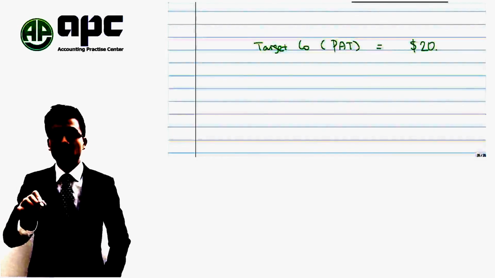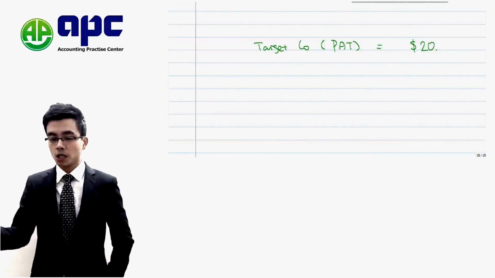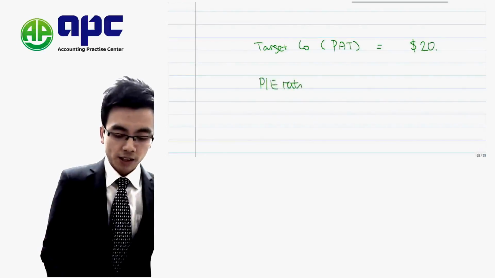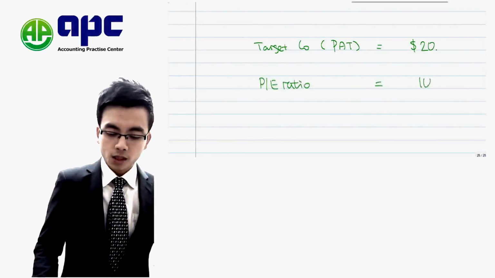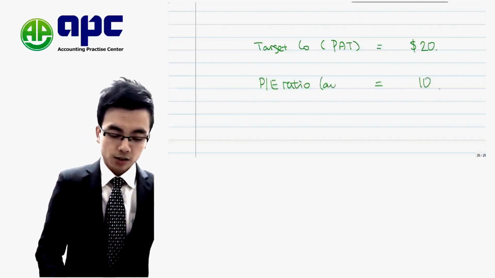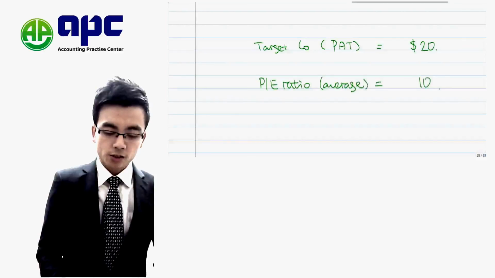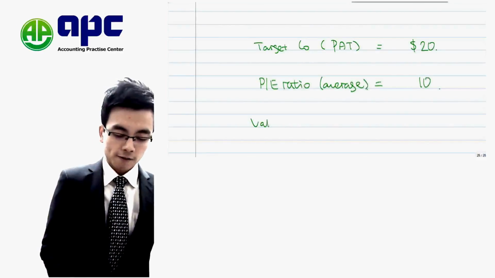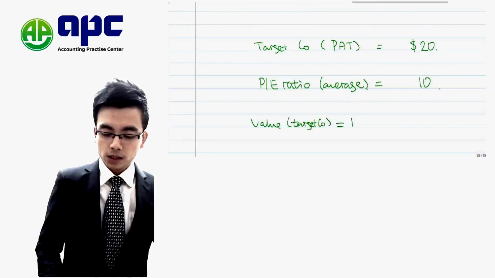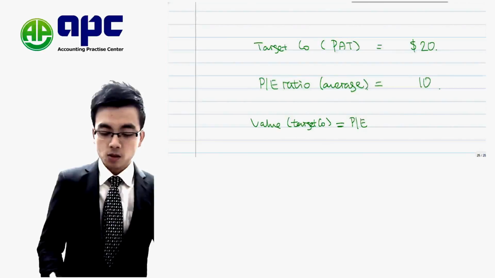Within the marketplace, there will be other competitive supermarkets. The PE ratio within the industry is 10. So as a result, we are going to value a business. The value of the target company would be the PE ratio within the